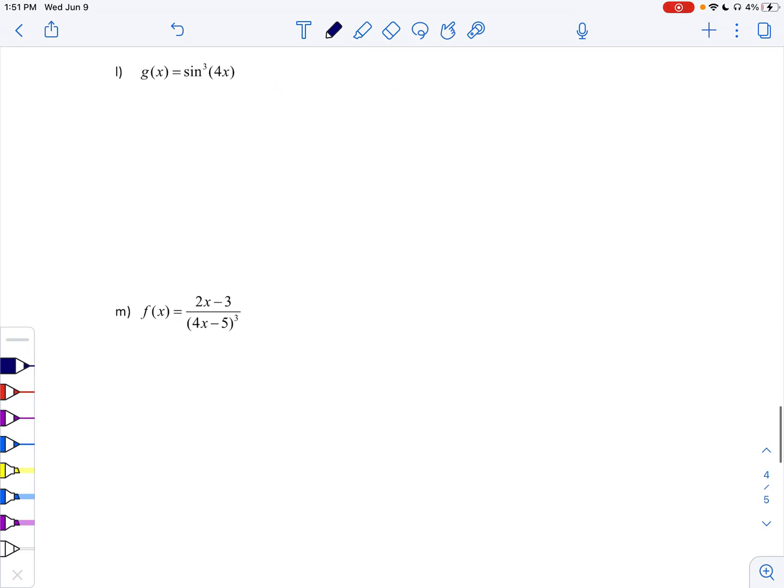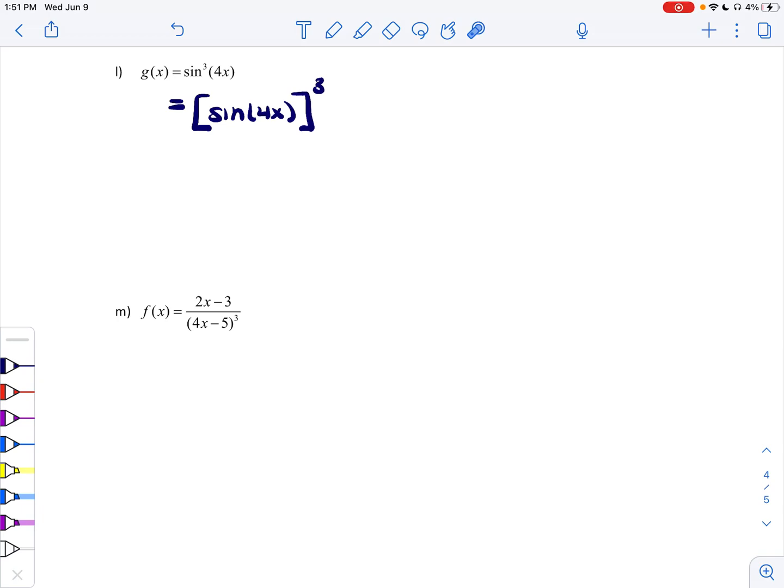All right, let's try this next one. There's sine cubed of 4x. Okay, now this one's a little bit tricky. So let's go ahead and just rewrite this real quick. So the sine cubed, remember, is the same as thinking sine of 4x quantity cubed. So this one's a little bit tricky because this is actually going to be a repeated chain rule